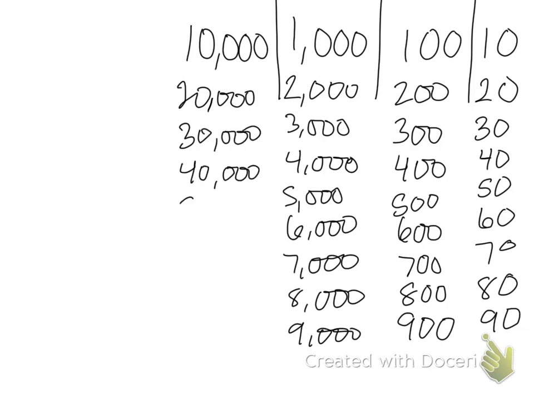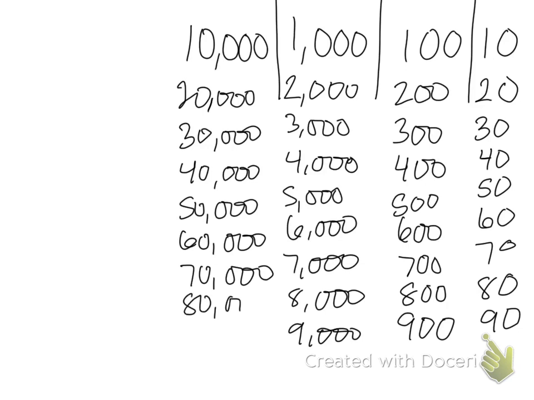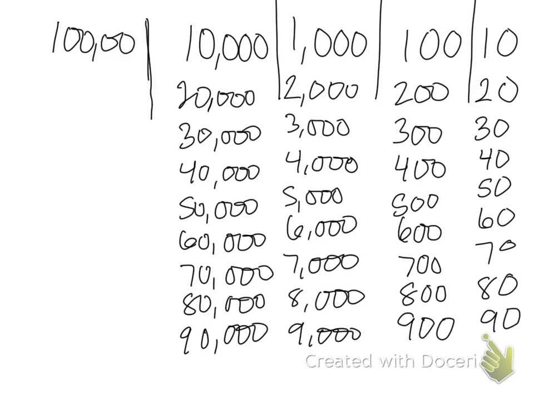40,000, 50,000, 60,000, 70,000, 80,000, and 90,000. The next number would be 100,000. So if I want to do 100,000, what would the multiples be? So we would have 100,000,